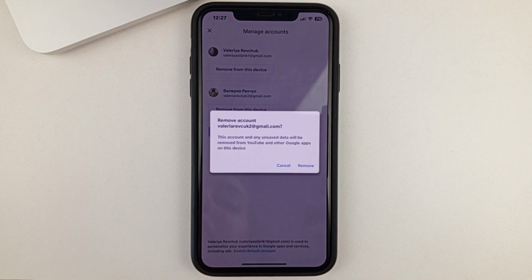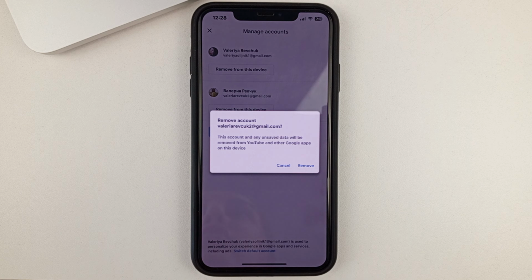But keep in mind that when you choose to log out of that account, you'll be able to log out of it on a specific device. So you're not deleting it completely. You'll just log out of that YouTube account and also from all the apps and other accounts that are tied to that YouTube account on Google. For example, that would be Google Mail, Google Maps, and so on and so forth. Anything that is linked to that Google account.